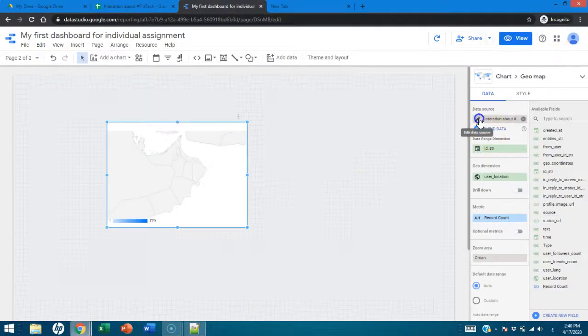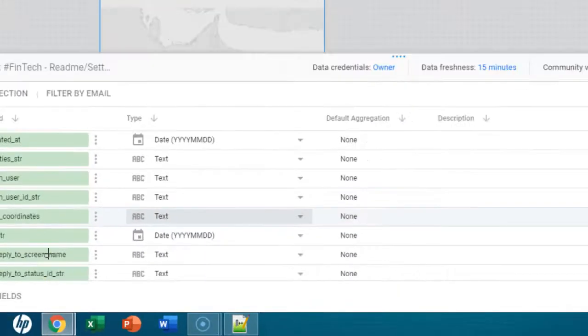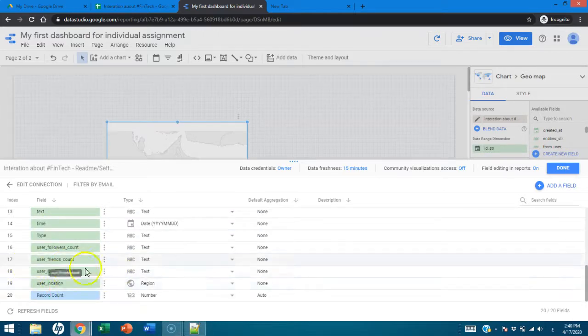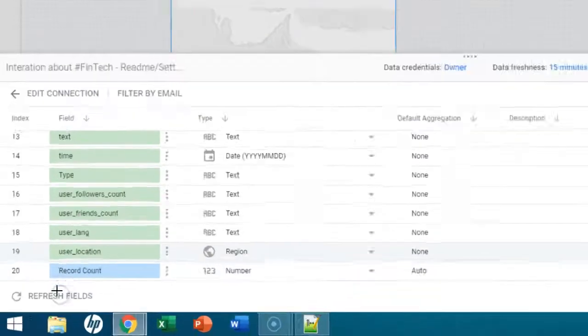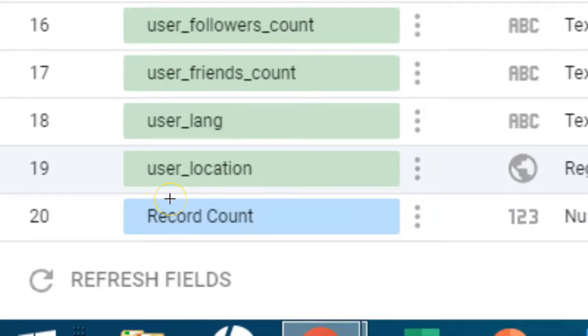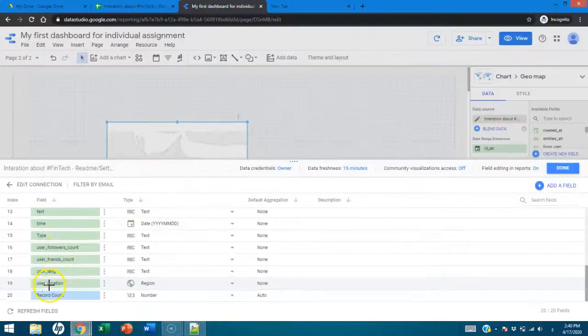You need to click on edit. You will come here again, go to user location. Where is user location? Here is user location. You can see user location. You will click on user location. If you notice, right now you have user location,